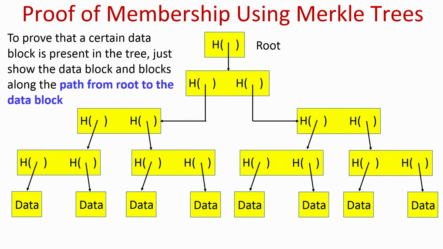The interesting part of Merkle trees is the proof of membership. What exactly is the scenario here? Imagine that I have stored with me only the root hash pointer, and I do not have the data blocks. Now, suppose later on I ask someone to please give me the ith data block. The person from whom I am asking, if he is a malicious person, might try to give me an incorrect ith data block. How do I verify whether the ith data block that he is giving me is a correct data block or not?